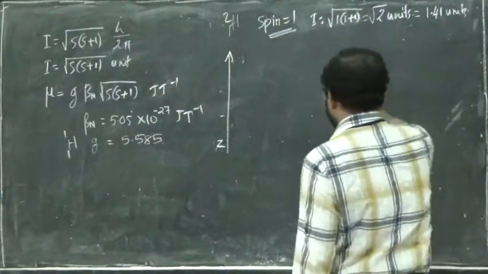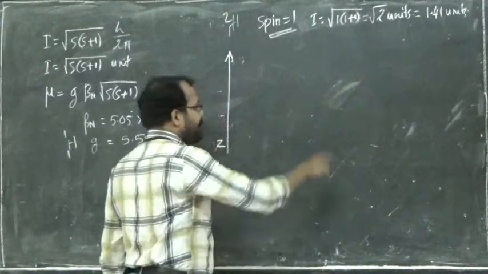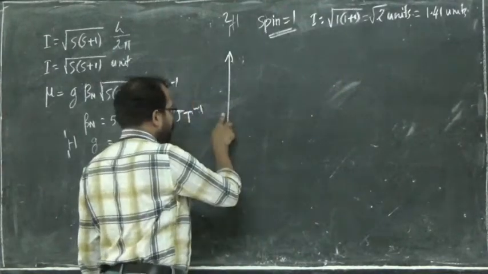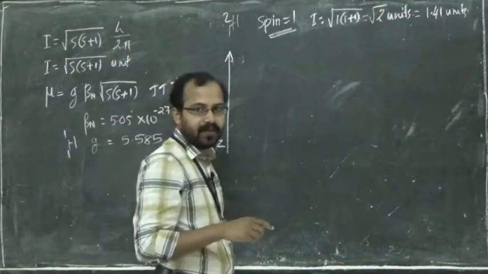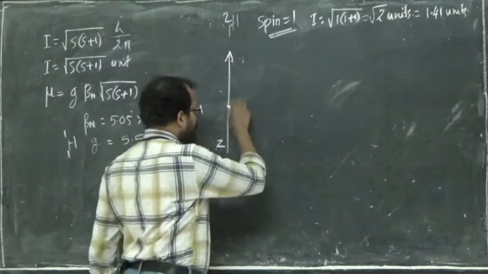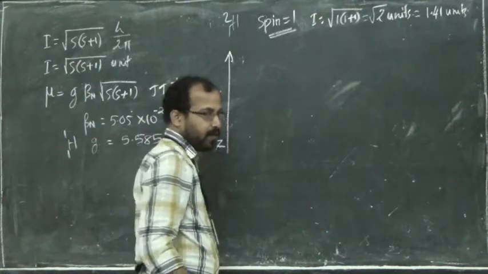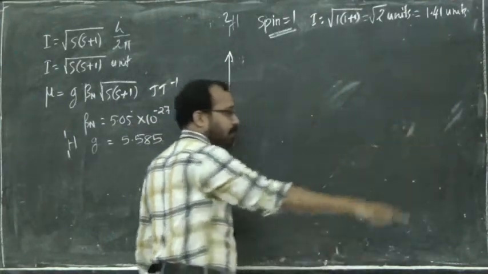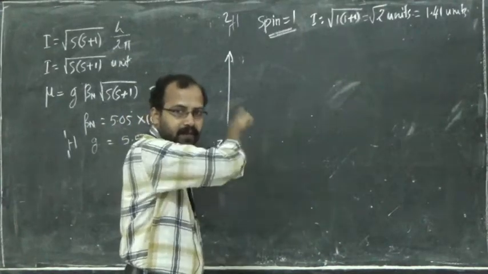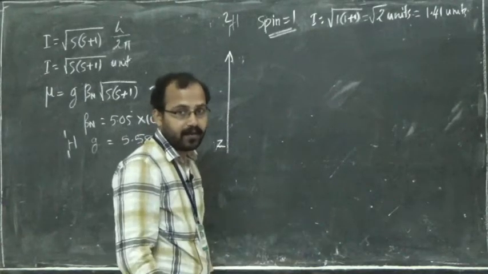We have the spin as an integer number. Spin is equal to 1 here in this case, and the angular momentum is 1.41 units. I am going to draw the angular momentum vectors with respect to this reference direction, in so many arbitrary directions, but all the angular momentum vectors will have 1.41 units as the magnitude. So how many angular momentum vectors in arbitrary directions can I draw? I can draw an infinite number of